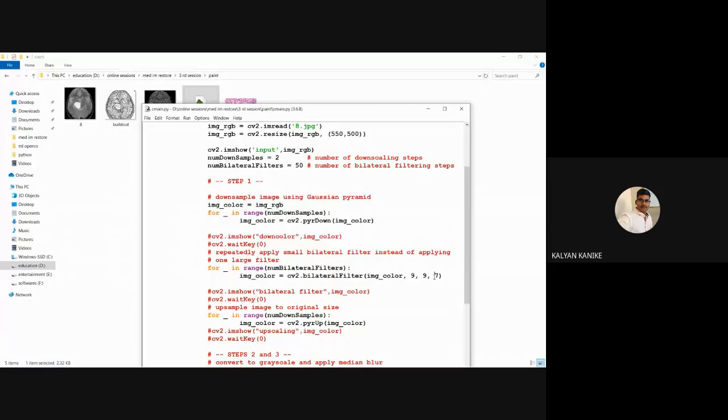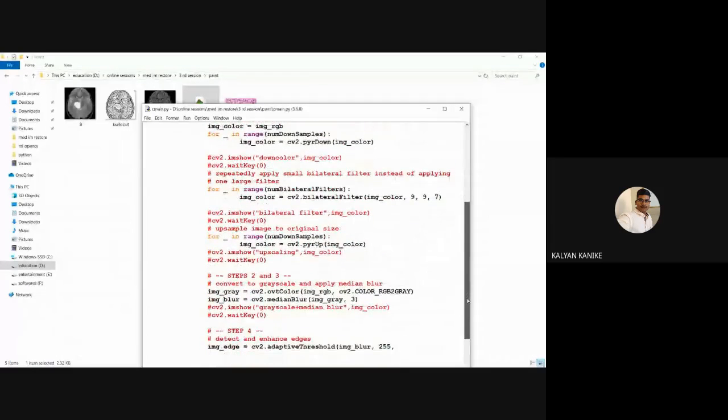Next, this 7 is the parameter value. Based upon this one parameter, it is going to apply the bilateral filter for each and every pixel. We can change this to 1, 2, 3, 4, or even 10, 11, but it's about the effectiveness of the filtering process.